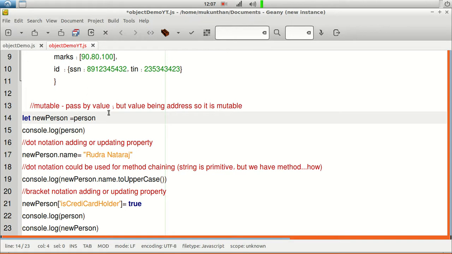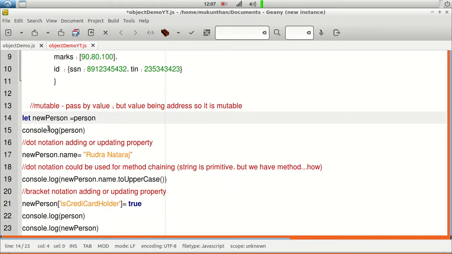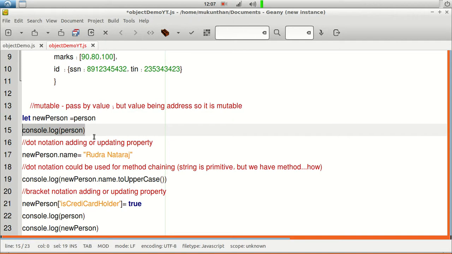So with that point, now let's say I'm having one more reference to the same object. That means you have one object, one reference person, and another reference newPerson pointing to the same object. Now I am printing the old person and seeing the details. Then after that I am adding a value to that person. If you want to add more properties to the existing object, because some time back we saw how to create empty objects using only curly braces or the new Object instance, after creating that, you need to add the properties, right?